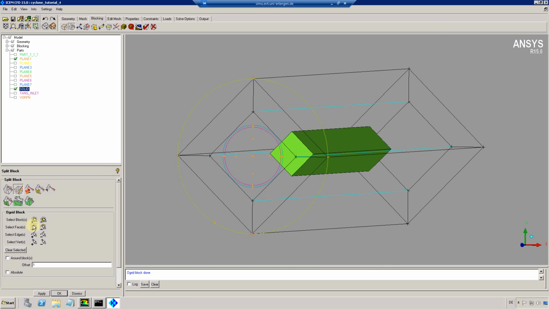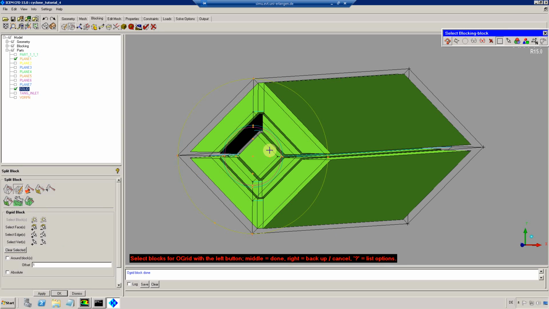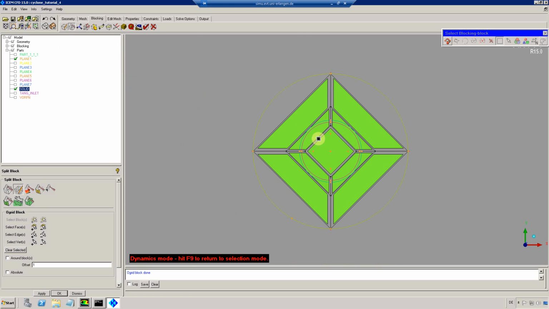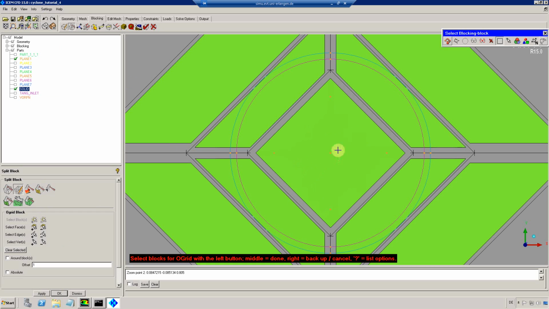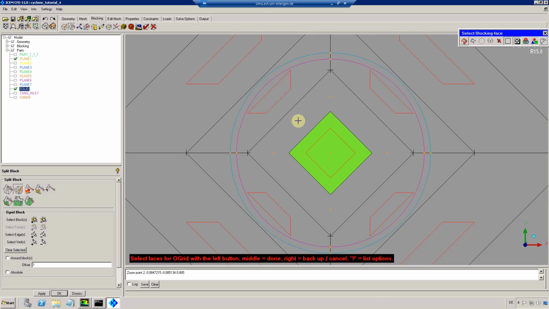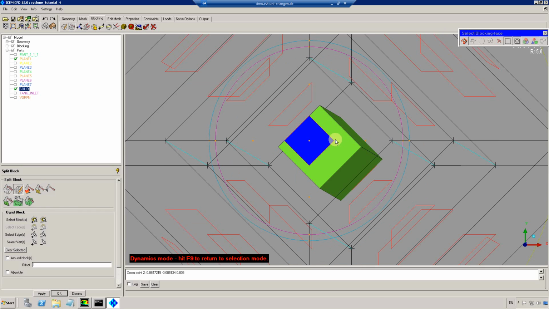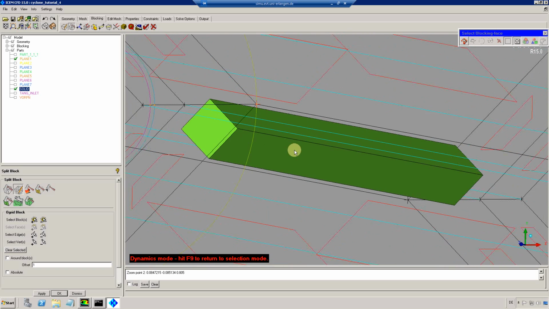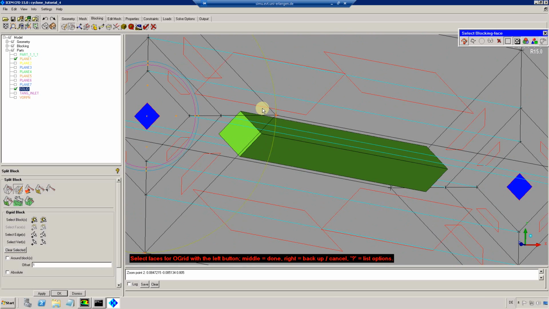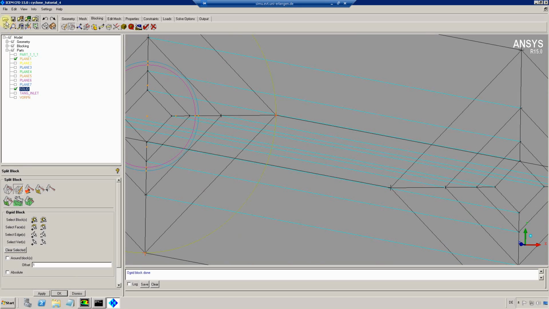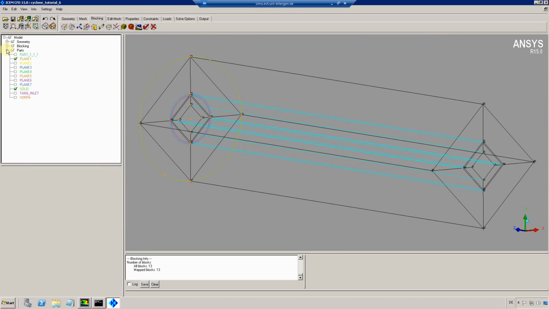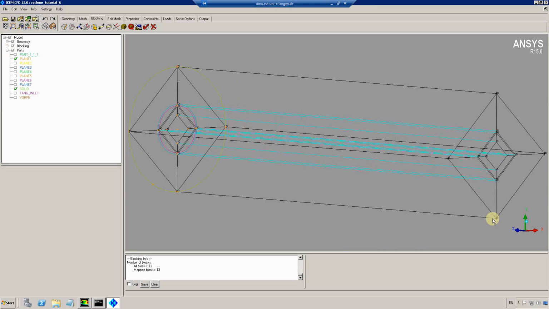Second one, and another one. Actually go to the front view, so it's easier to do an O-grid split. And select the faces. Okay, now that the O-grid split is done, I'm going to do another split, but this time in Z direction,